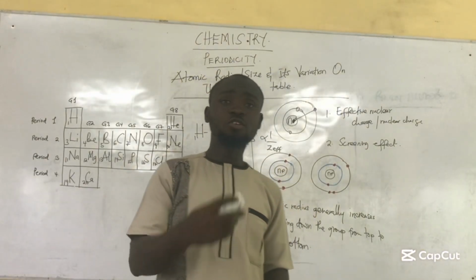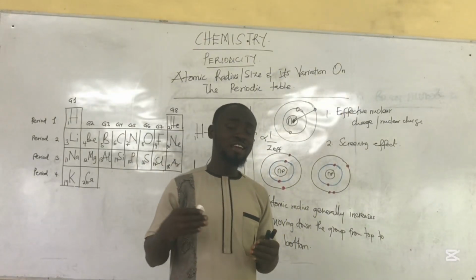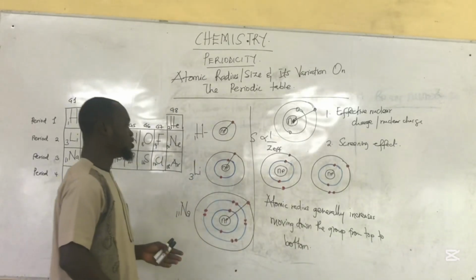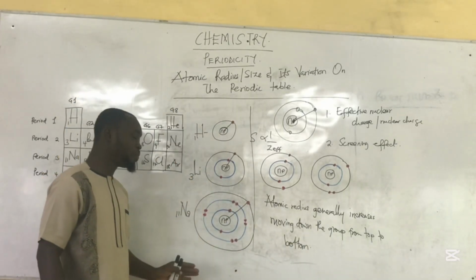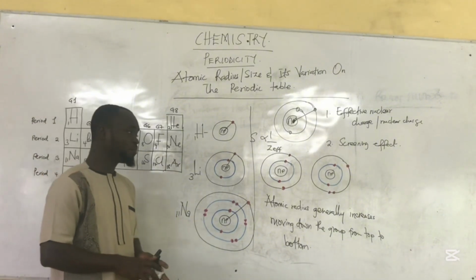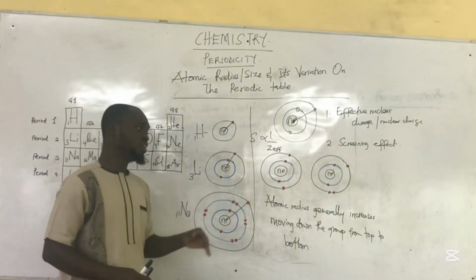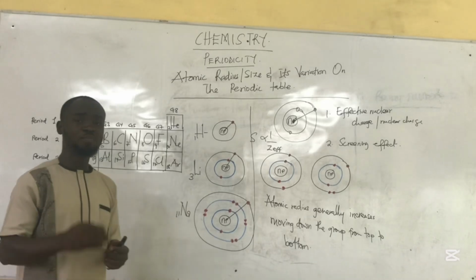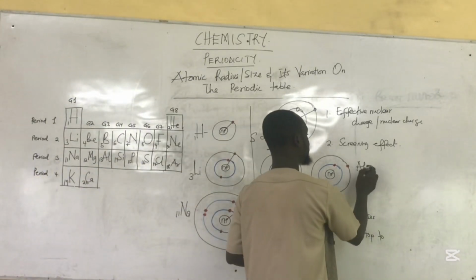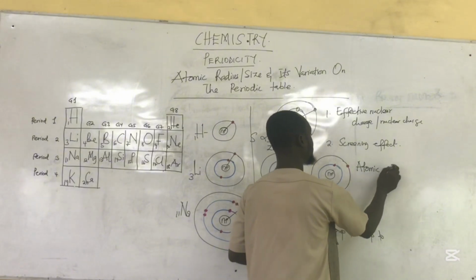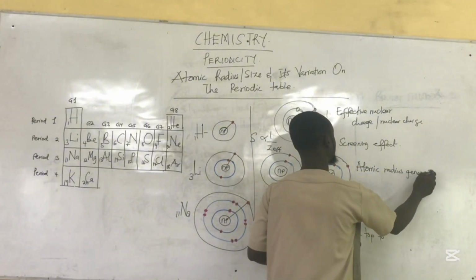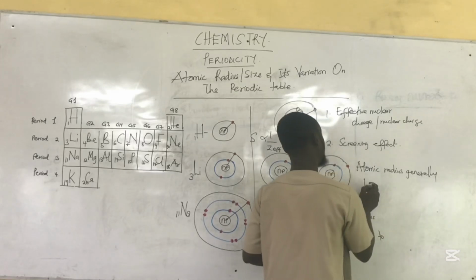Now, let's also consider variation across the period of elements. Is that okay? So I've explained moving down the group, the radius of the atom generally increases. But across the period, the radius of the atom generally decreases. So we are going to say that atomic radius generally decreases,